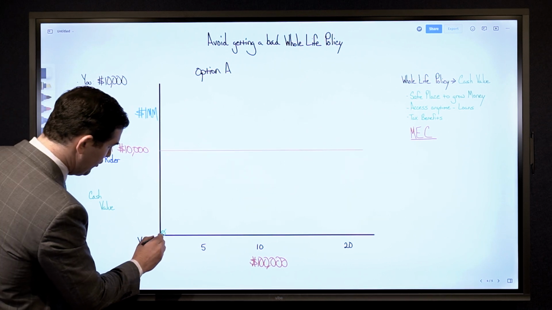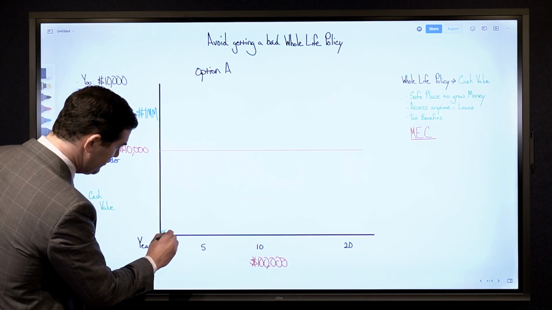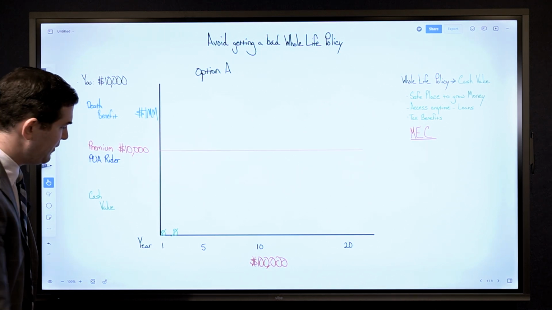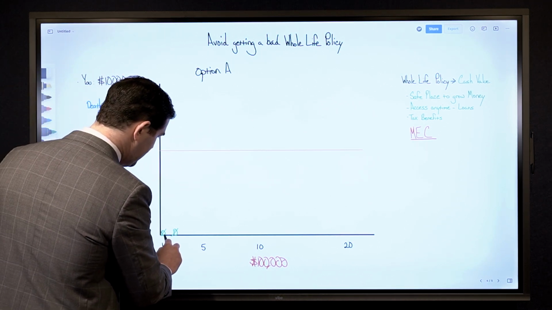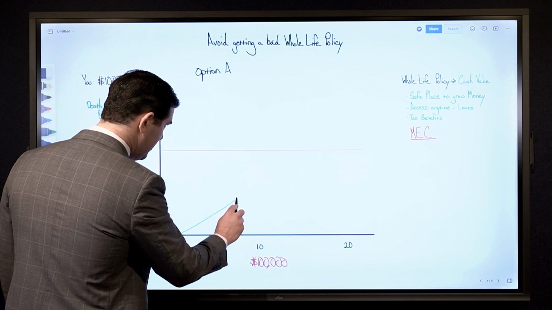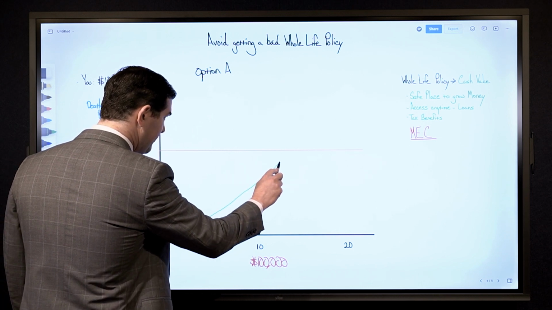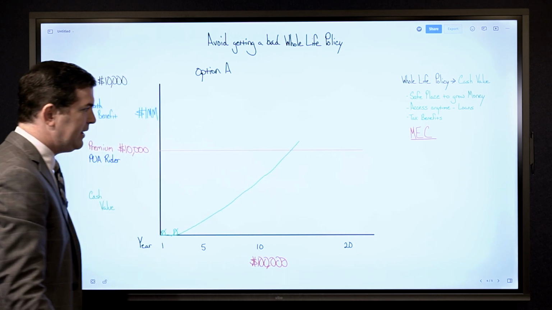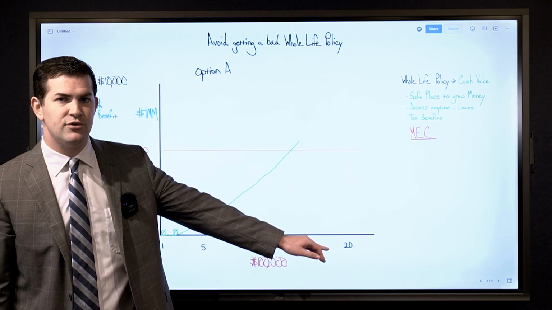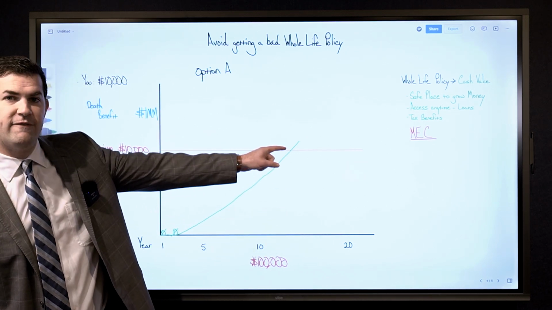Now your cash value in the first year was zero. In the second year was zero. So you have nothing there. By the third year, it begins to increase. You get more and more back of what you pay into it every year. But it is not going to be until somewhere between 10 and 15 years that your cash value finally exceeds